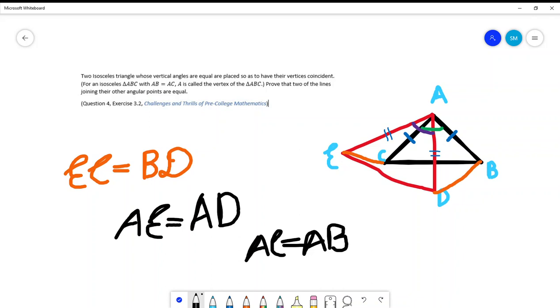So we somehow have to prove congruency. If we somehow prove that ACE and ABD are congruent, then by CPCT we can prove that EC equals BD. So one thing we notice is that the vertical angles are equal. So in other words,